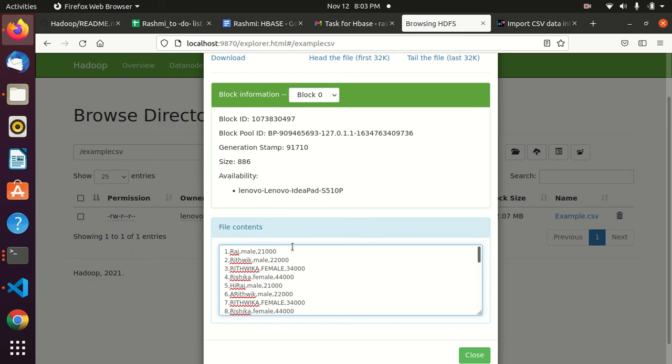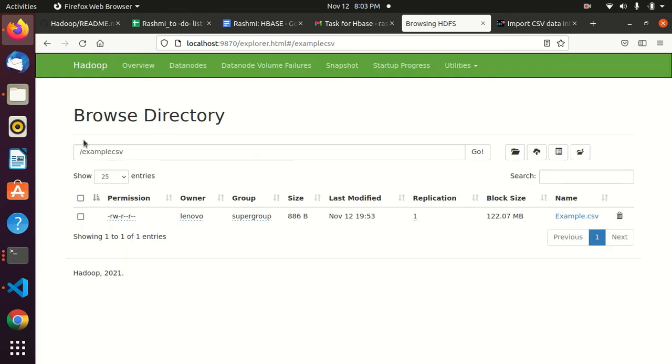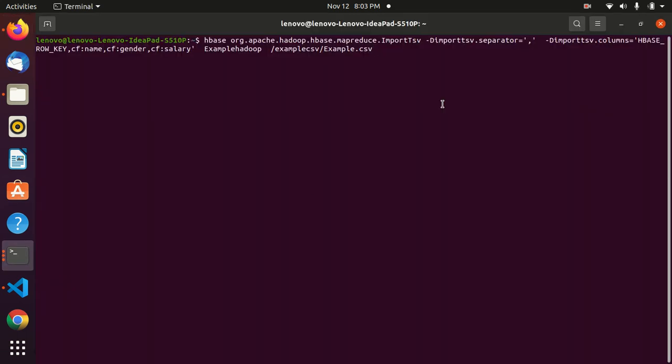That's the reason we are giving the column names here, because we declared only the column family CF in our table creation. So here we are giving name, gender, and salary, and what names are to be considered, and their values will be considered.